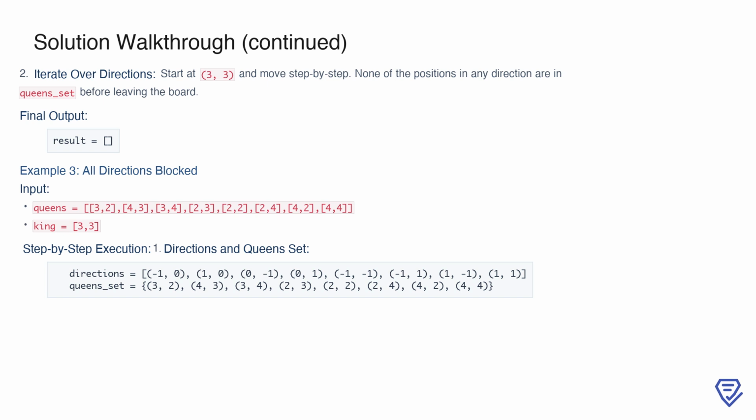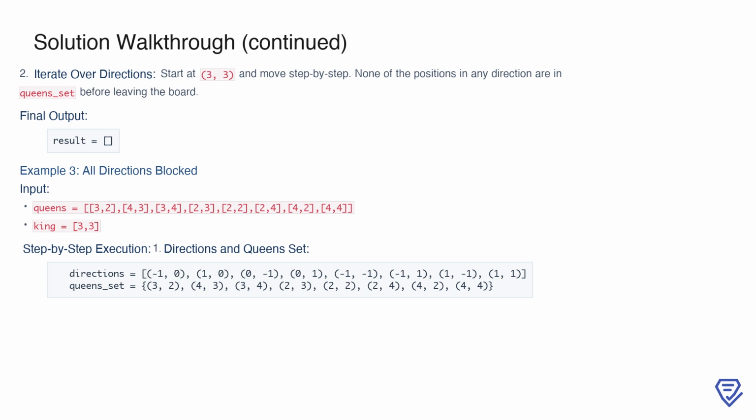We initialize the same 8 movement directions and convert the queens' positions into a set for efficient lookup. As we iterate step by step from the king's position in each direction, we find that none of the positions encountered are in the queens' set before leaving the board. This means no queen is able to block or attack the king in this example. As a result, the output for this case is an empty list, indicating that no queens can threaten the king